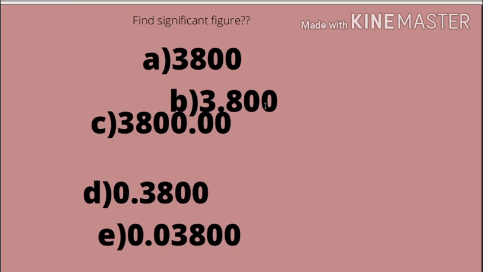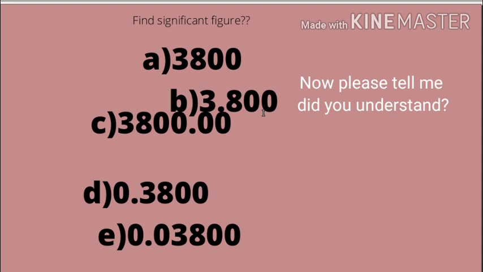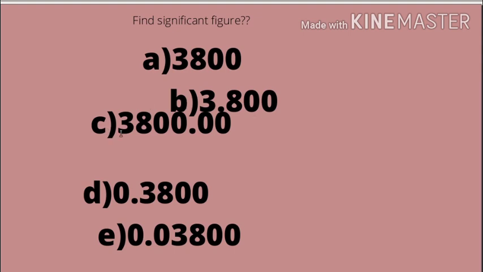At least you can say that you know about this number up to 3 decimal places, and 2 decimal places are occupied by 0. So this is your knowledge. Knowledge is what? Knowledge is confidence. So the number of significant figures in this is how much? 4. Understand? Okay, what about this?